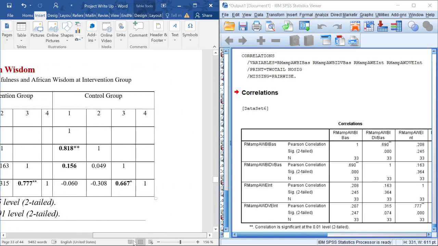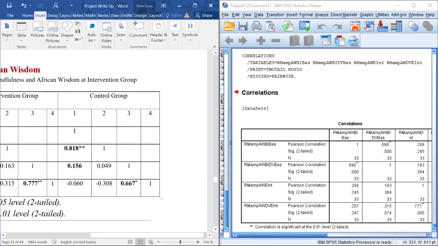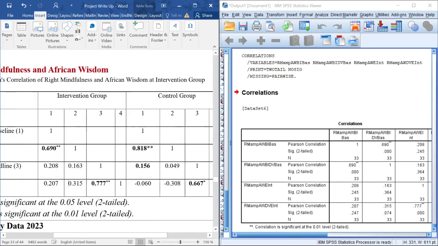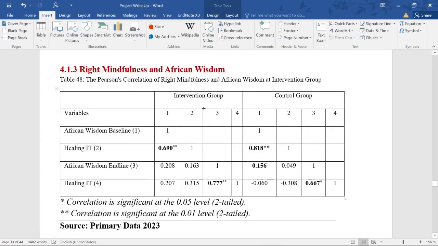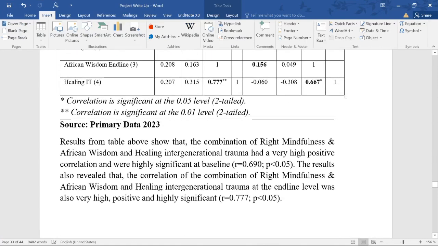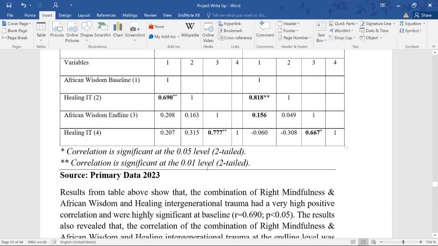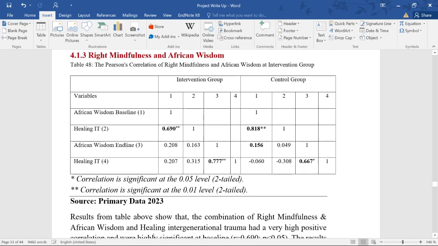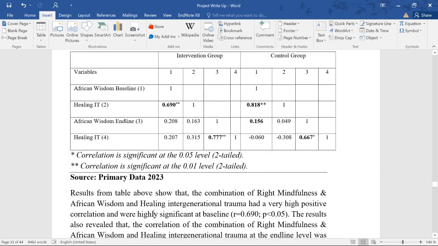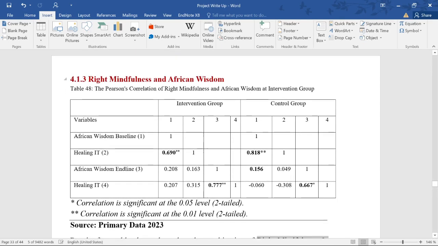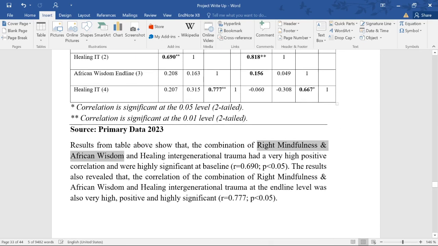You can also do the same for the control group. It will still be the same follow-up, same follow-up. So that is basically how you do a correlation analysis using SPSS. Let's look at a sample result here. Here we are saying that results from the table above show that the combination of right mindfulness and African wisdom, that is the overall intervention for that group,